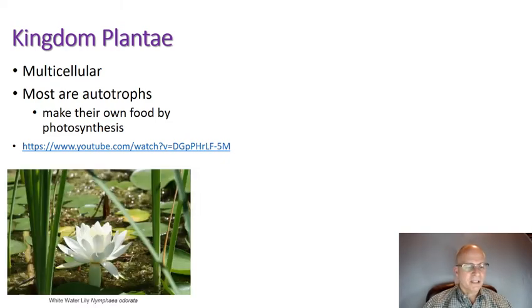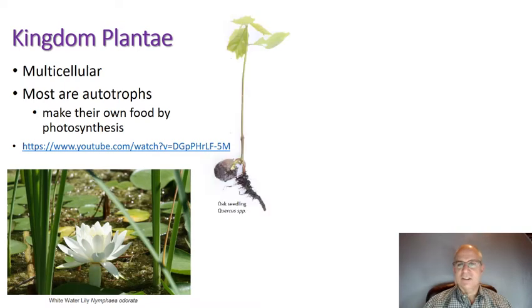So some examples of plants would include this white water lily that you see here. Now this is kind of a cool picture. When I was out weeding my house in the spring, getting ready to put in a garden, some squirrel had buried an acorn, which is the seed of an oak tree, and it had germinated. And when I was pulling it up, I pulled up the stem, the leaves, the root, and even part of the acorn, which you can see here, which is pretty cool.